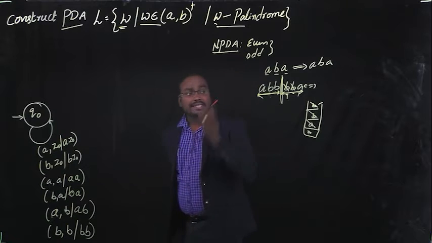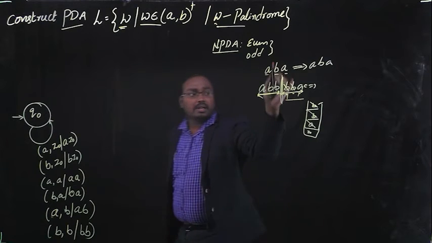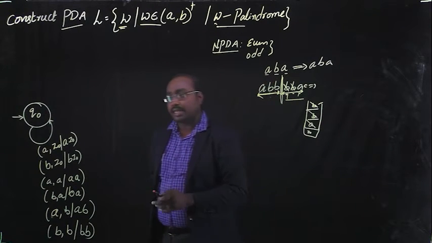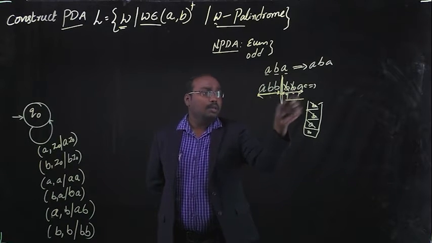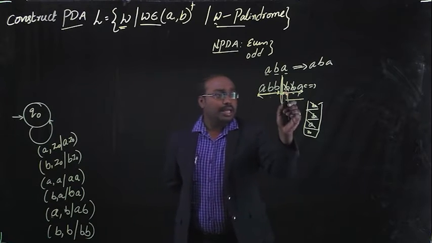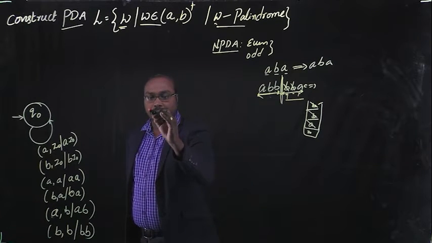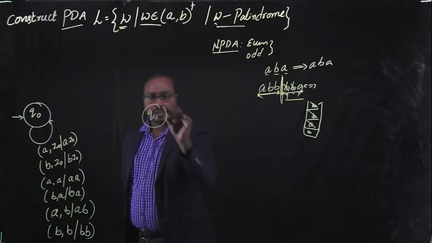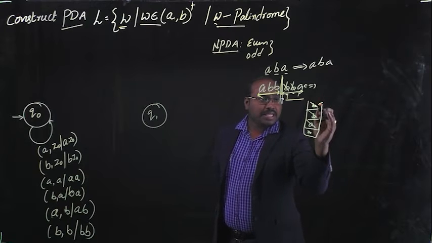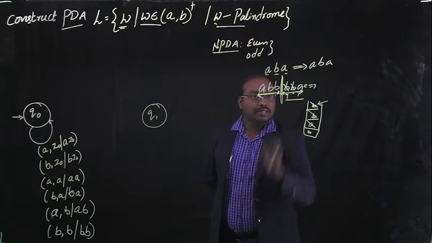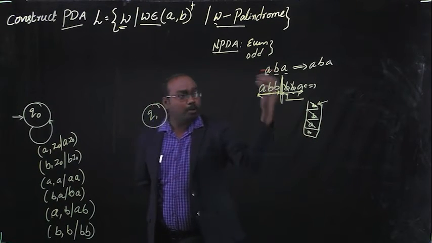Okay, and the next input symbol, this is the example for whenever we are reaching the middle of the string. How to process the middle I will explain later. For example, whenever we are seeing symbols after the middle, like BBA, for this I am taking another state, Q1. Here whenever the input symbol is B, it should be matched with the stack's top symbol, either B or A, then we have to pop the element from the stack.